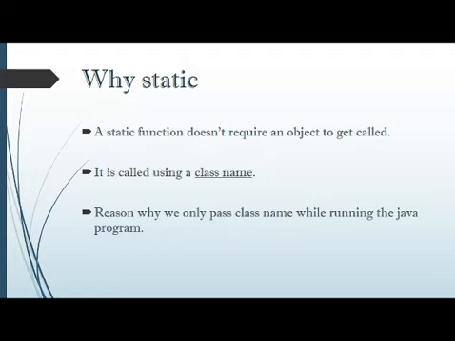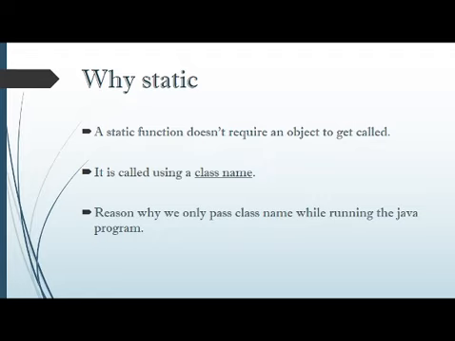And this is the reason why we provide a class name when we try to run a program on a command prompt. If you remember, how do we compile the program? We write the command javac for the compiler followed by the file name. There we provide the file name .java. But after compilation, when we start running the program, we only write the command java and we pass the class name. This class name is passed there because our main is declared as static.